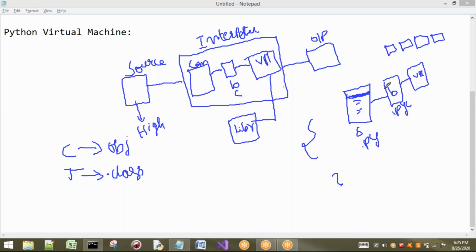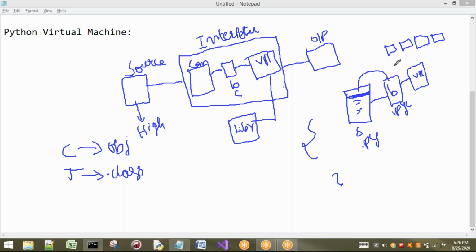Listen carefully: this bytecode contains the code related to this source file. It converts that code to bytecode, that means the format is changed.